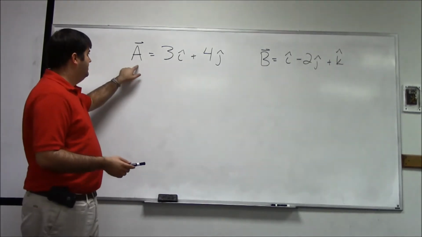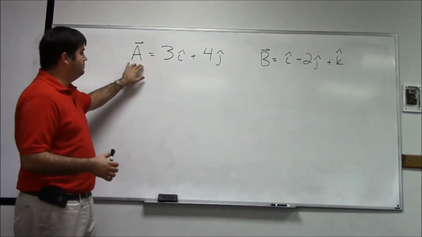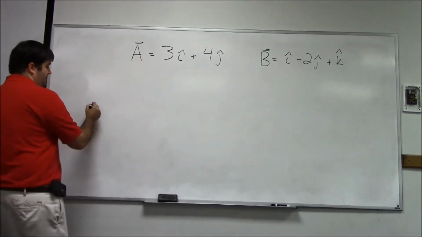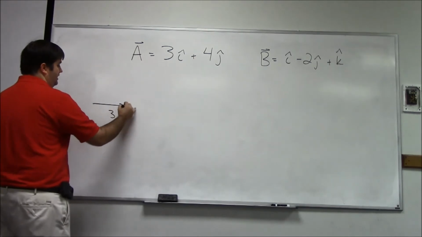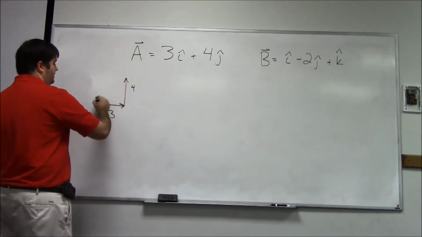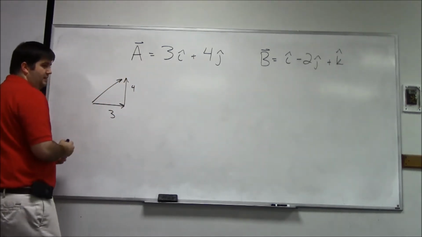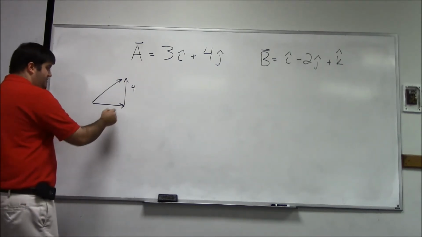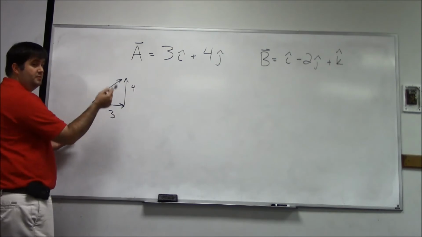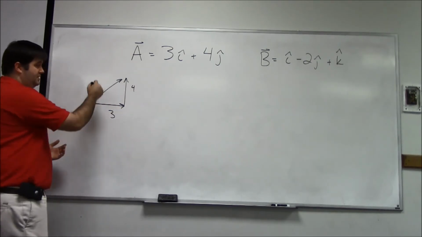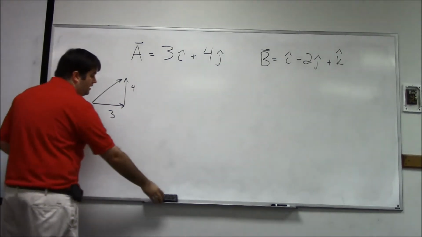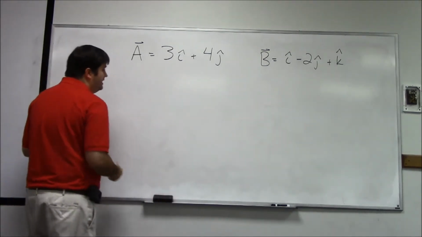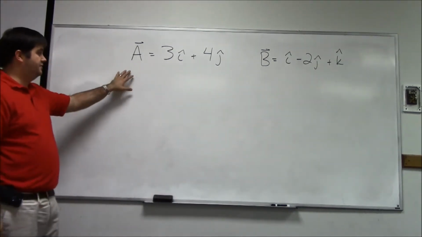That is, if you, for example, had a vector represented as 3i hat plus 4j hat, don't forget that that's simply 3 here, 4 here, and the way you would find that magnitude is to use the Pythagorean theorem, 3 squared plus 4 squared. Of course, if you remember your Pythagorean triples, that equals 5 squared. But you don't need to actually sketch this out if you just keep in mind that the magnitude of any vector,